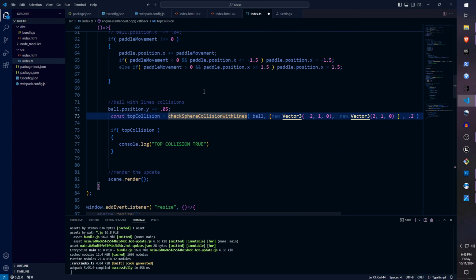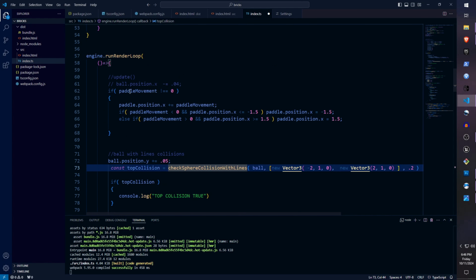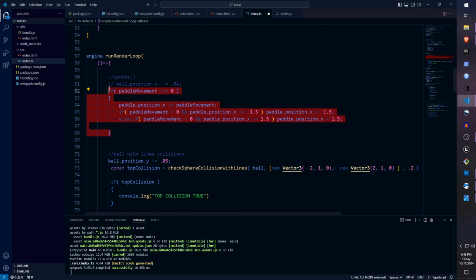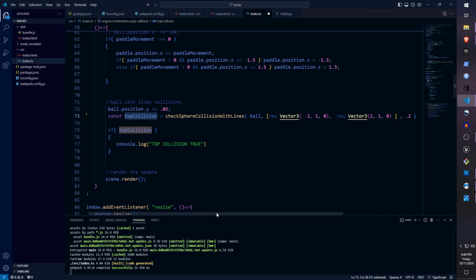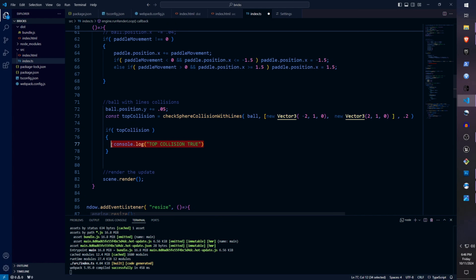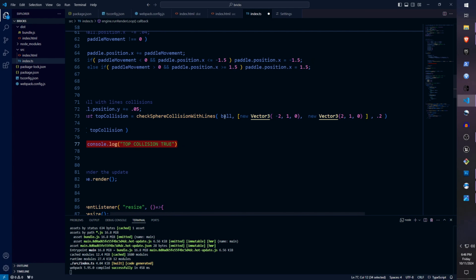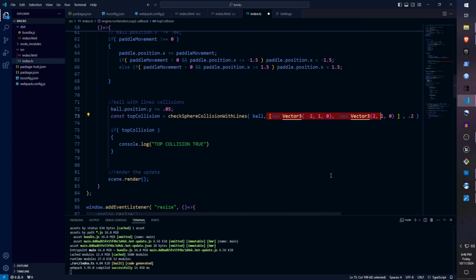Okay, check sphere collision with line. So in the render loop below the paddle movement, I'm just gonna add some speed to the y position of the ball, so it can move in the direction of the top line. If there is a top collision or top intersection, I'm gonna display in the console "top collision true", right? What I want you to check here is that I'm passing the ball and I am passing the 2 points that create